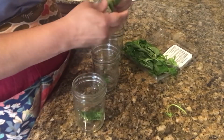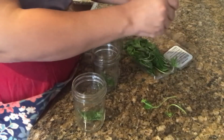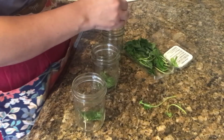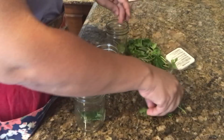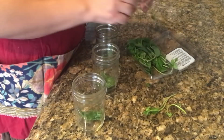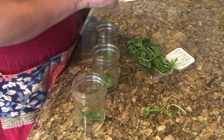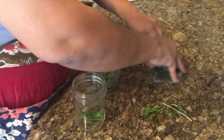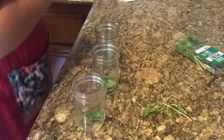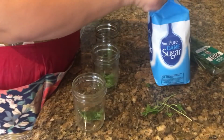And then I'm going to put, what I've already done is I crushed some ice and I put it in a baggie in the freezer. The crushed ice is going to be super good in this drink. So I know the boys will probably like it. Smells already super good in here. And so all I'm going to do now is add a little sugar, because we're still gonna do the muddling,